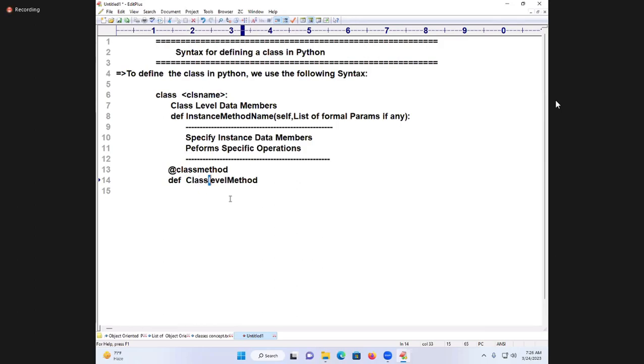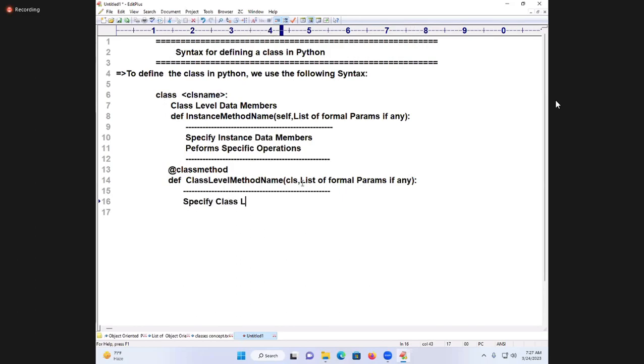Any method you want to make a class level method, there is one type of decorator available: @classmethod. There I will write cls, list of formal params, very important, if any. There I will write it, specify